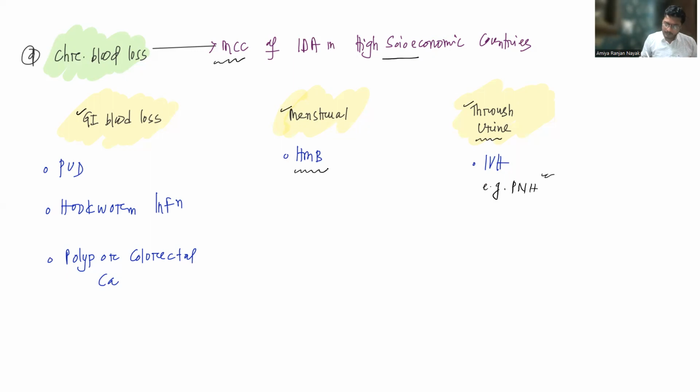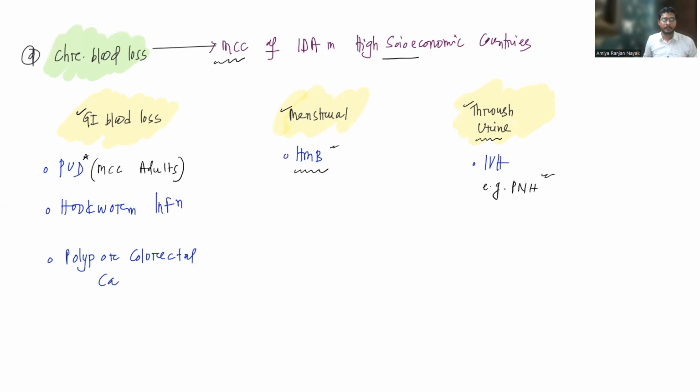Heavy menstrual bleeding or menorrhagia can cause increased blood loss through the menstrual cycle, and that can also cause iron deficiency. Among the GI blood loss, important to answer peptic ulcer disease. Remember, peptic ulcer disease is the most common cause of iron deficiency in adults in the Western countries. Okay, so that is why in adults, if you are getting iron deficiency, you have to go for upper GI